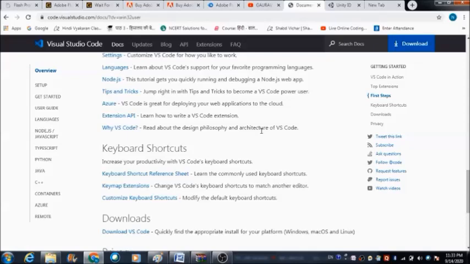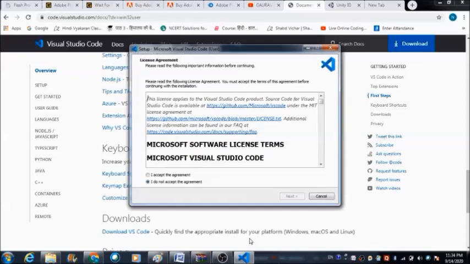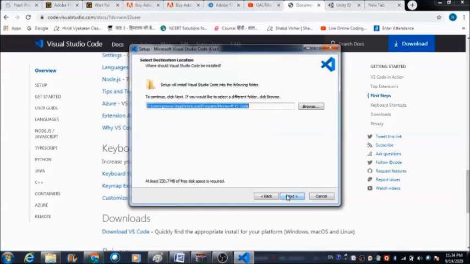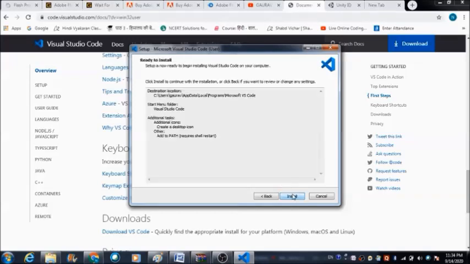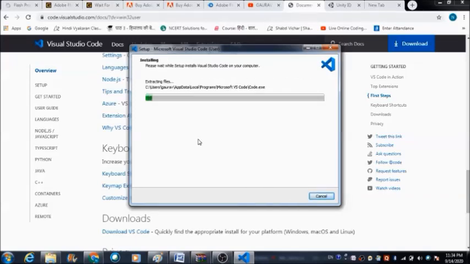You need to wait for some time till it gets installed on your laptop. So this is what you're going to get. After some time, click on next, then again click on next. If you want to create a desktop icon, you can tick mark the checkbox. The installation is going to get processed like this by your operating system. Once we are done with installing this, we will learn how we can connect this with the Unity software that we already have installed on our system.